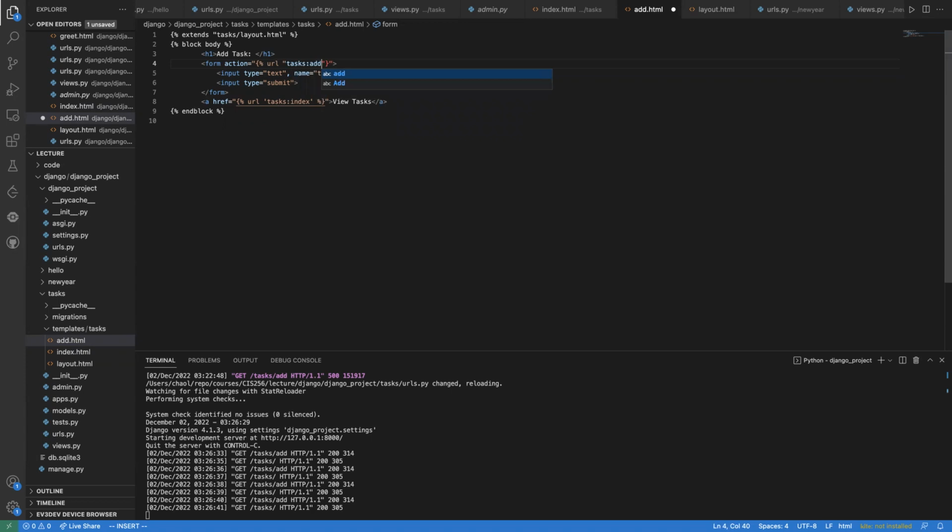This tasks add is basically a function that is implemented somewhere else that will take the post data and do something about it. So this is where it directs: you want to direct this to the tasks add route,